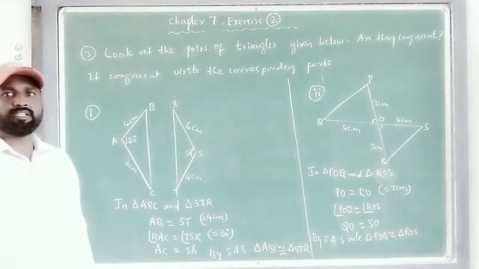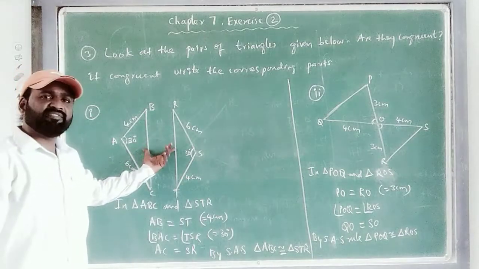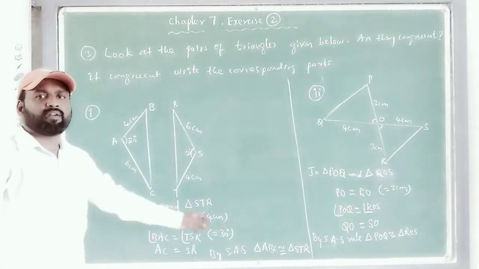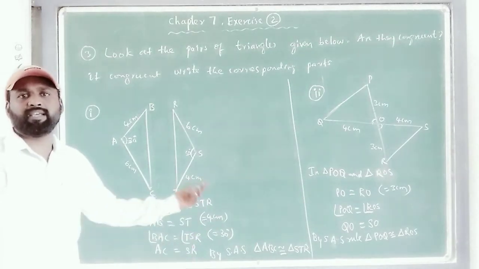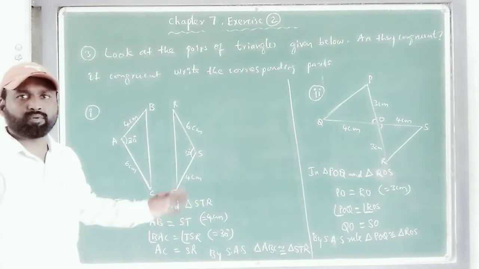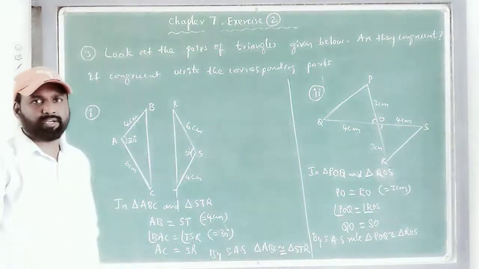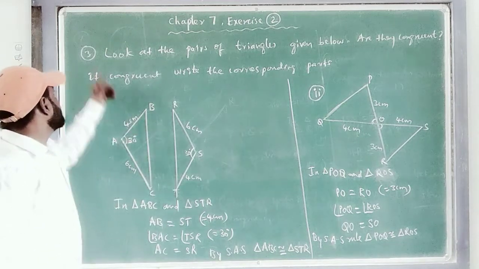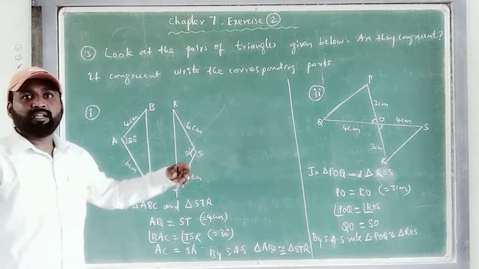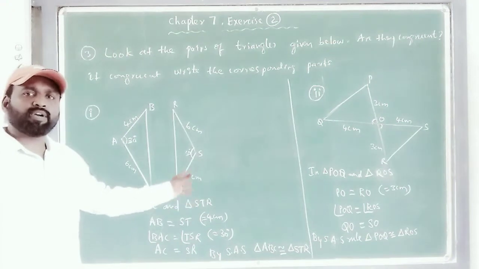So hope you all understood this question. Just observe the figure carefully: which sides are equal, write them as equalities, and which rule is followed, SSS, SAS, ASA, or RHS. According to the rule, you have to write how they are congruent to each other. That's all. Hope you all understood. Let us move on to the next question. In the third bit, I told first and second, two more bits are there. Looking at the figures, you have to do it by yourself.